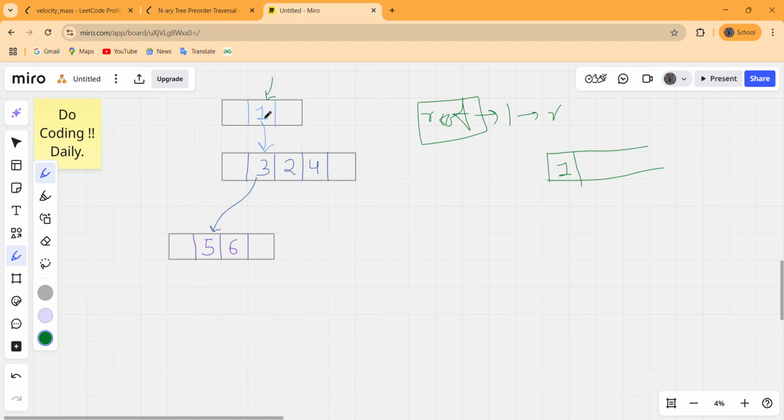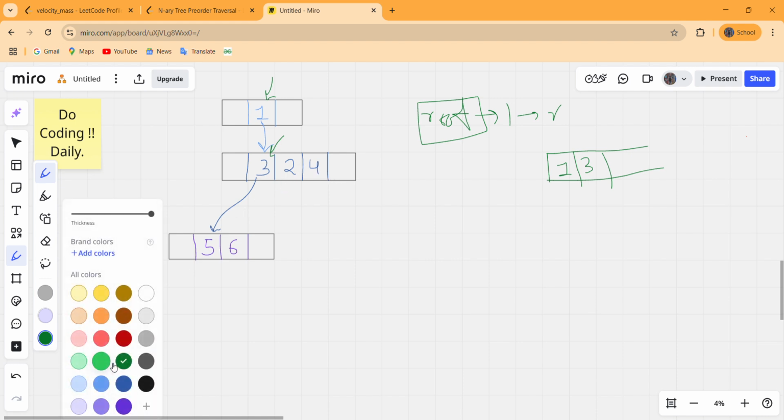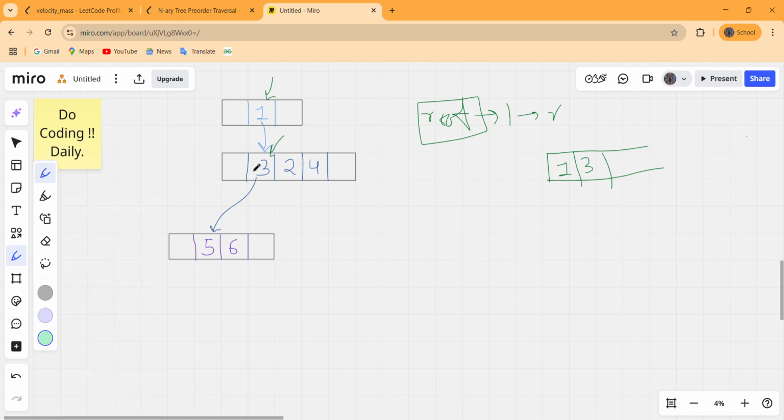Running a loop for every child will point to this 3 first, and whenever we are on a node, just push that inside our answer. Before exploring the other children of it, just run a loop for its children. So there is a loop running for its children first, so the counter goes to this 5.